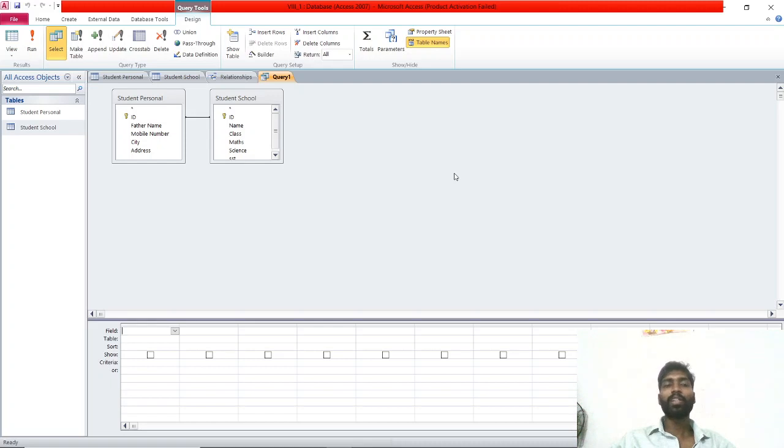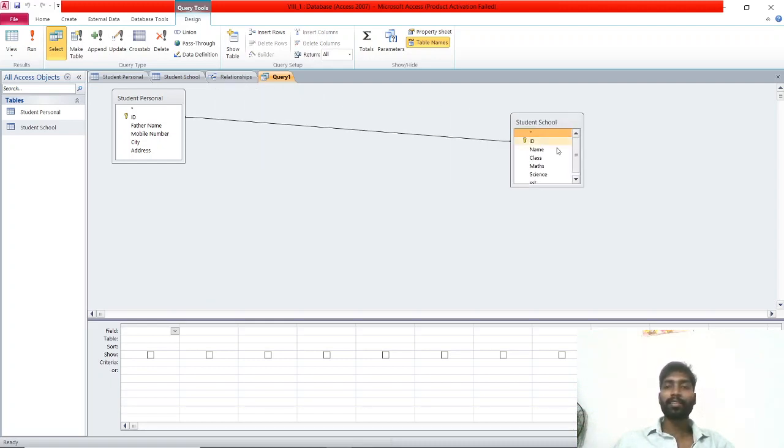Now I want those who have taken more than 90 marks in math. Okay, they can be in any class. And I want the student's marks, I want their name also, and I want the student's father name and mobile number. You know well, student name and marks are in a different table, and student father name and mobile number are in a different table. Okay, but I want both sets of information in one table. Now we are going to start to create a query. So with the help of this relationship we can merge both and take the information.